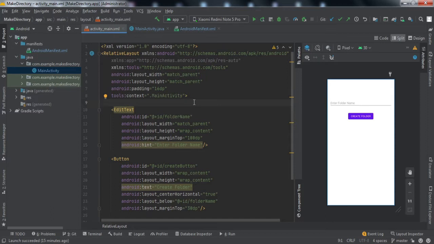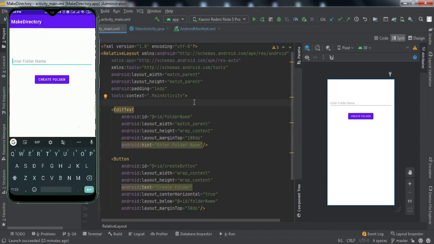So let me first show you what we're gonna get by the end of the tutorial, right? So here you can see my mobile screen. I'll enter the name of the folder. Once I click on create folder, the folder with that name will be created in the external storage. So let me type anything like ABC, right? If I click on create folder, okay, the toast of successful has been